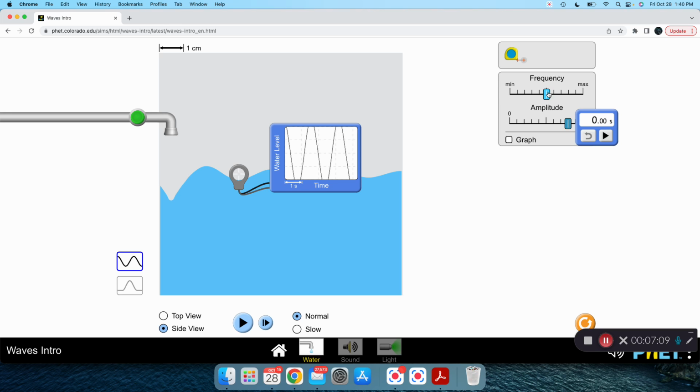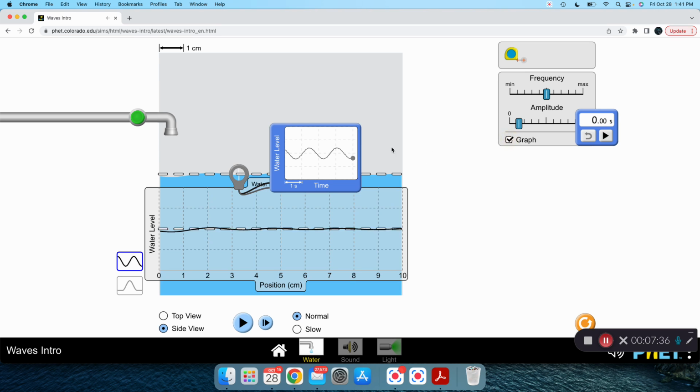If I turn down my amplitude here, I'll be able to see that a little better. So that time between one crest and the next crest is what we call the period. The distance between one crest and the next crest